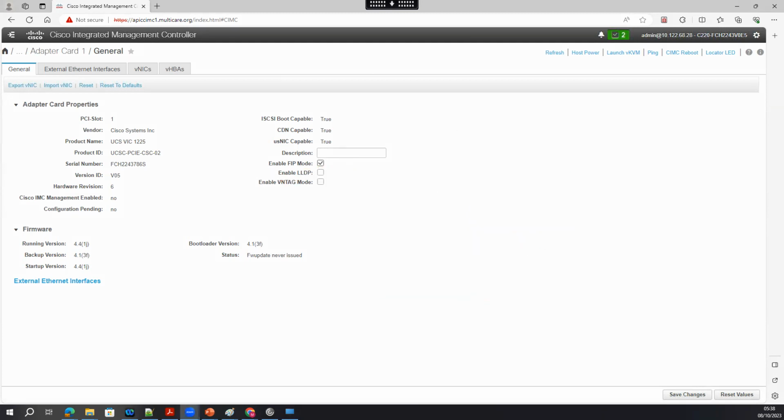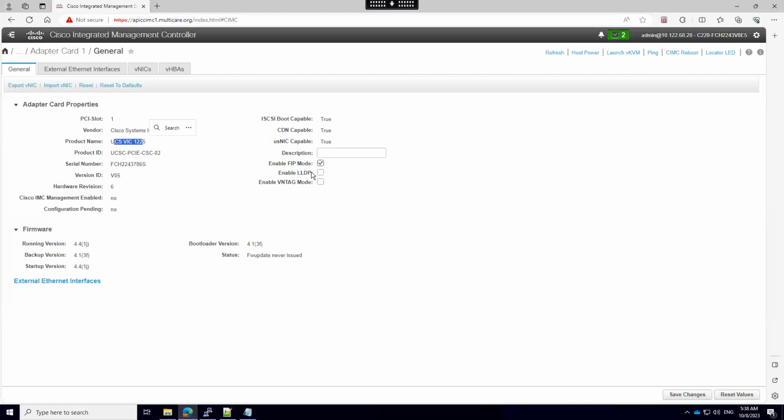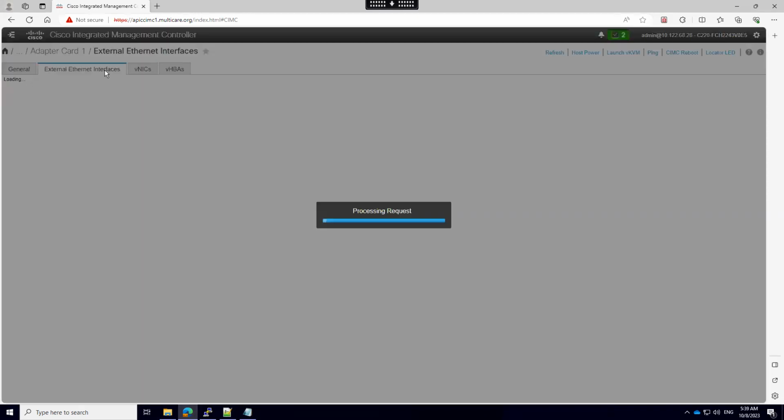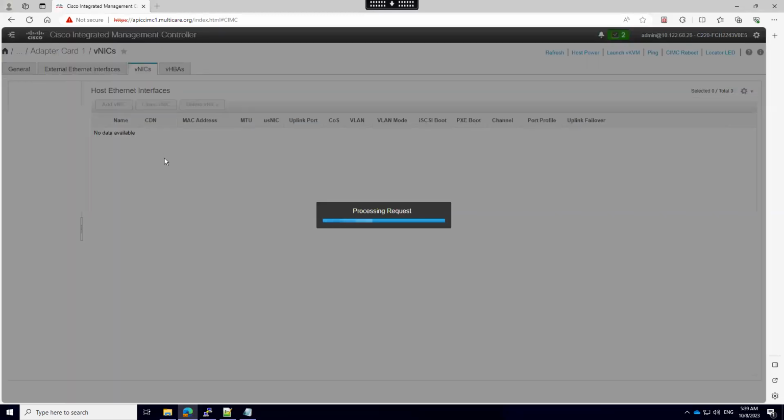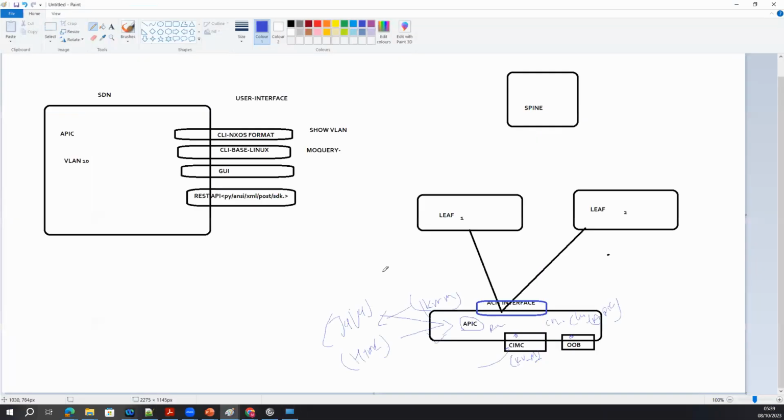How do you check that? I will show that. This is saying that on this NIC, I'm going to disable LLDP. If you enable it, discovery will immediately stop. You will not be able to discover leaf and spine switches. These are the 10 gig ports which I have connected. So you are saying that by default the APIC controller LLDP will be in disable mode, and it will not discover spine and leaf?